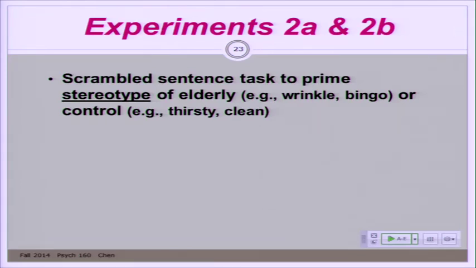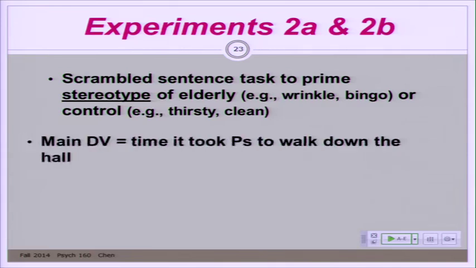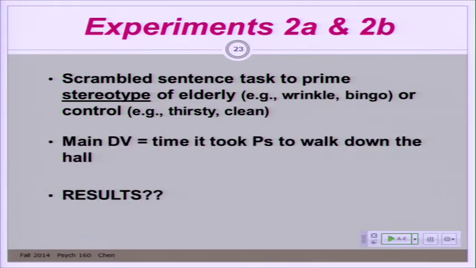Okay? And what they found was that participants exposed to elderly-related words walk slower, significantly slower than those not exposed to those words. Arguing, I see skepticism, that's cool, that's fine, okay? Arguing that elderly people move slowly, okay? So they are walking slower. No one believed them, so they did the study again.